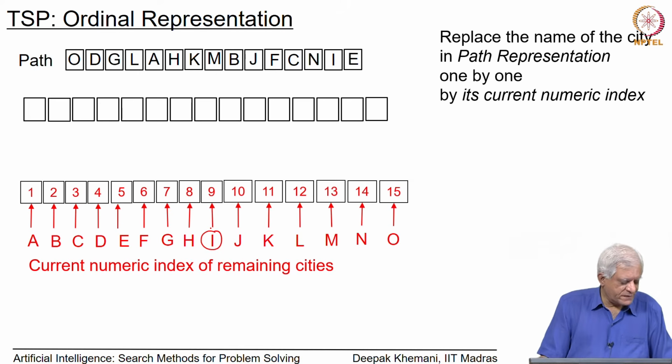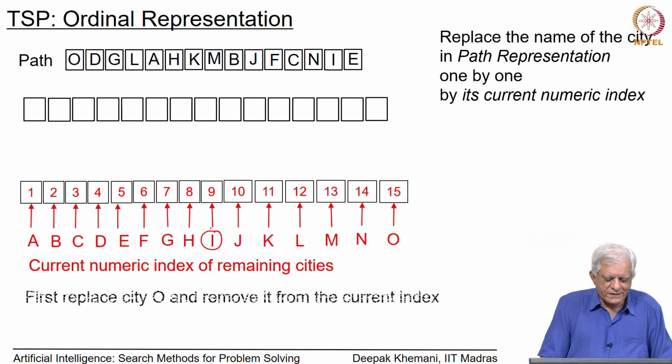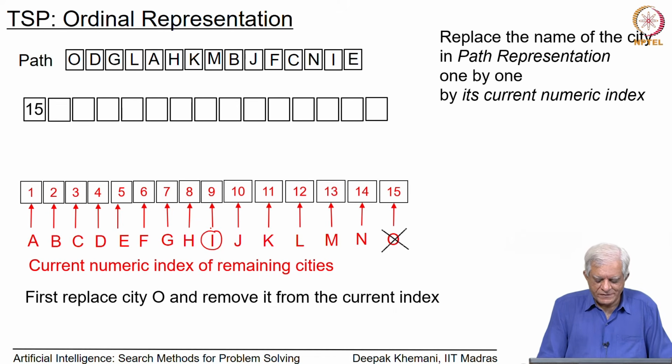So, let us start with the first city, which is O. What we do is replace O with its value 15, because O is in the 15th position in the current index, and then we delete O from the index. In this case, because O is the last city, it does not matter too much, but in the next example